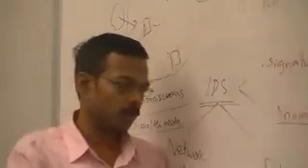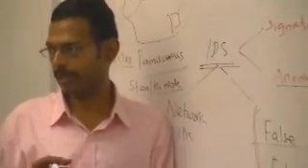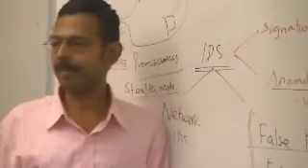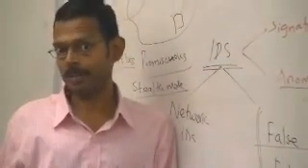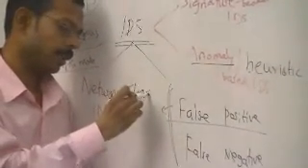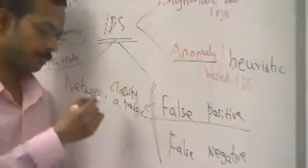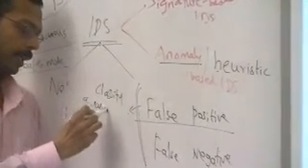Remember, the objective is to detect attack traffic. That's the objective of an intrusion detection system. So if an IDS classifies a non-malicious traffic as malicious,